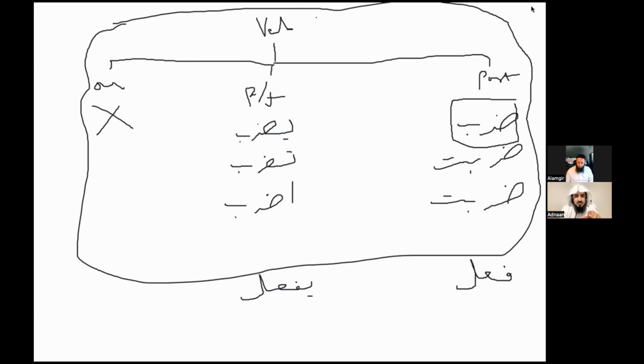And then sometimes the first one is the same, but the mudari, the future, is different. All that in a nutshell will get you to the point where you're able to understand the root word, you're able to derive who this is for, and at times you'll be able to understand whether it takes tanween or not. I just wanted to throw this concept at you, and slowly we'll learn how the past tense works and what wazn it has, the future tense, what wazn it has. Then how do you say, for example, why do you add a ta here, or when do you add a ta here, and when is it a sukun, darabat, and when is it darabtu, and when is it darabna, etc.